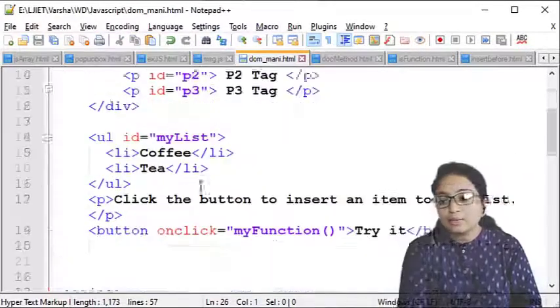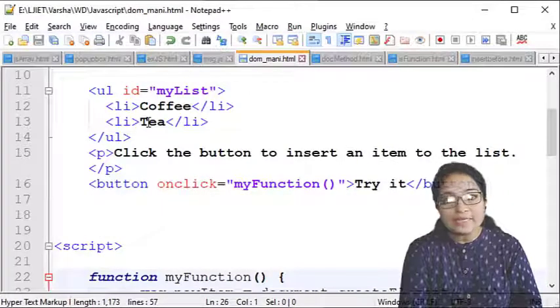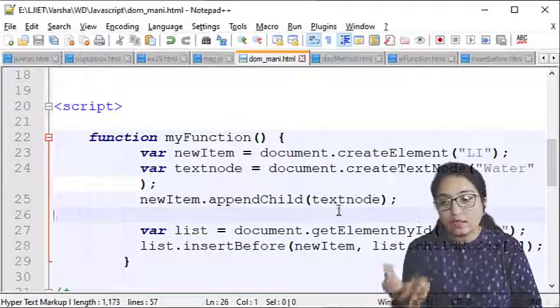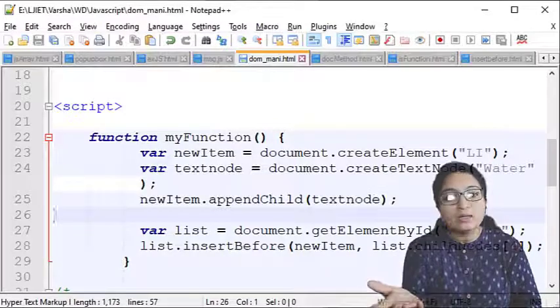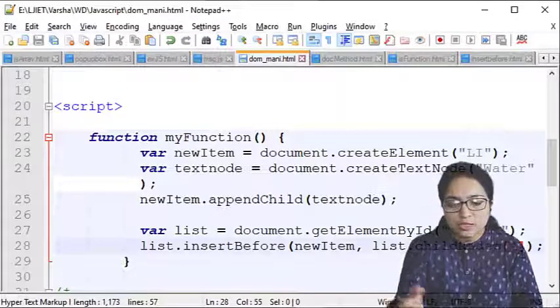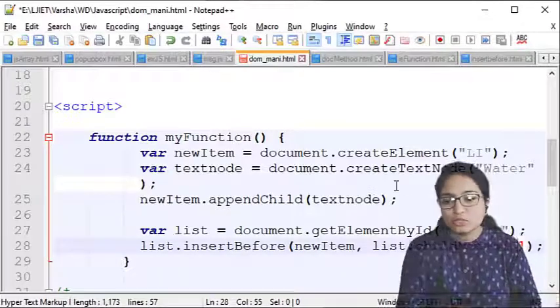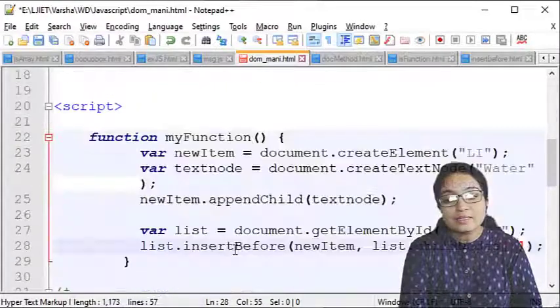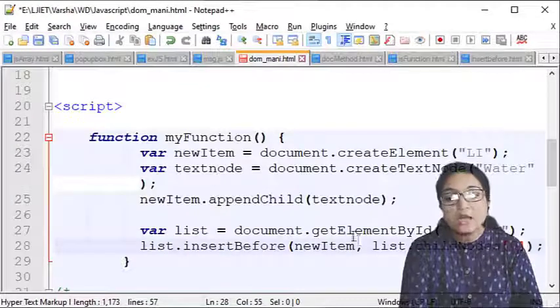Now here you can see this coffee and tea is there. Now I want to insert it at the specified position. Suppose I want to insert it at position 0. For that, again, this is an example of the event handling DOM